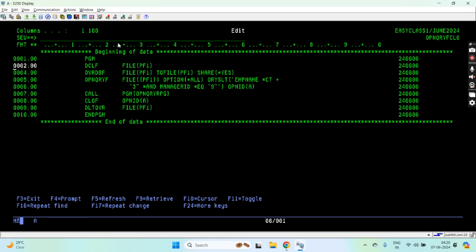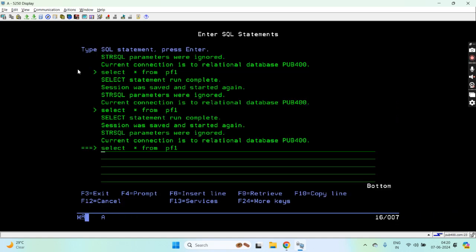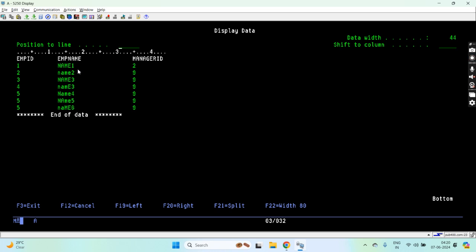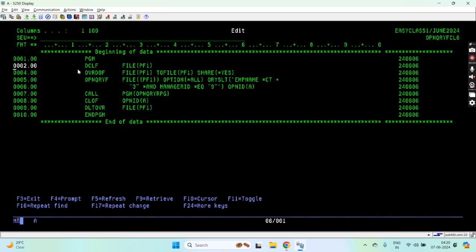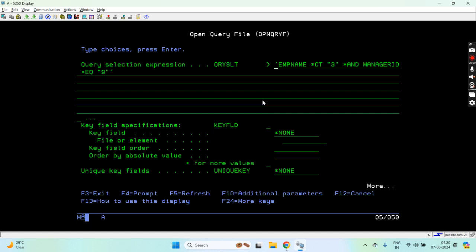So the first thing is declaring the file that I'm going to use. So this is the file where you can see this employee ID, name and manager ID. These are the fields. So first overriding this file with share styles, then using the open query file. From file is pf1 that we are selecting data from. So you can see I have used two